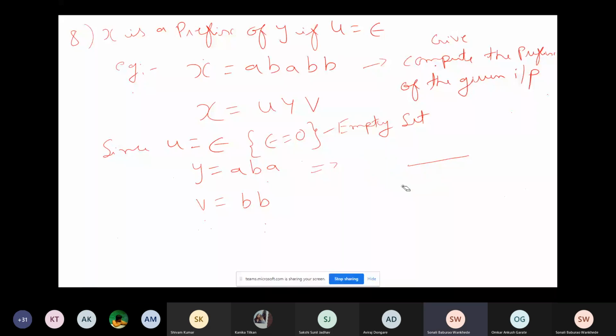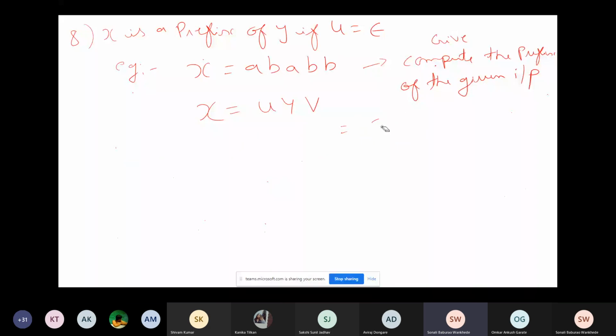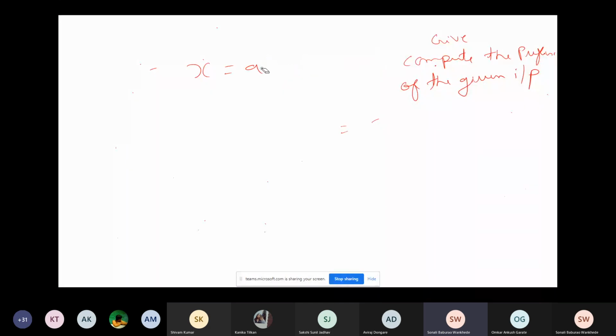In our next lecture, we will see this. We will continue with prefixes, and then we will see other examples of finite automata. We have something which is called a state transition diagram. You have a state transition table. You have non-deterministic finite automata and deterministic finite automata. First of all, we will see what we mean by a finite automata.